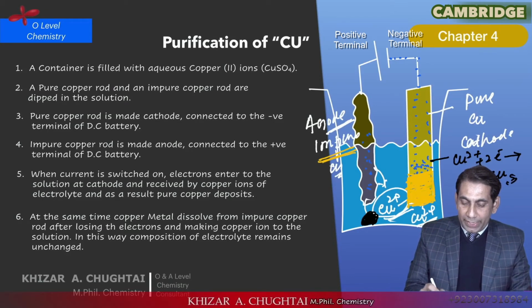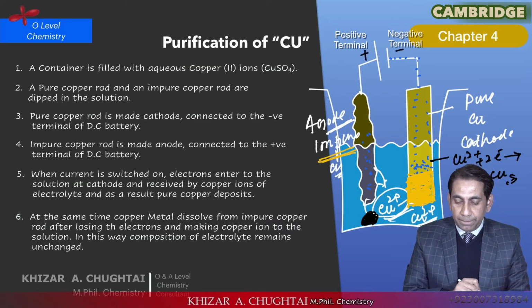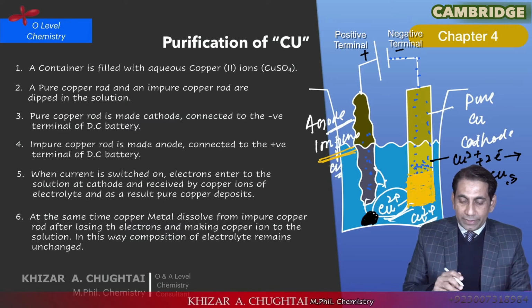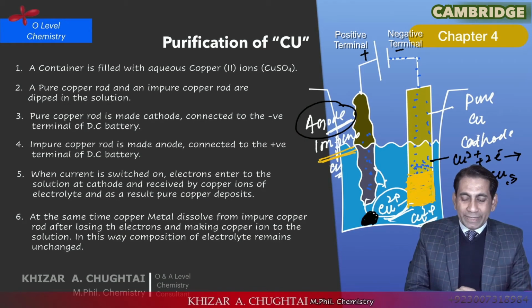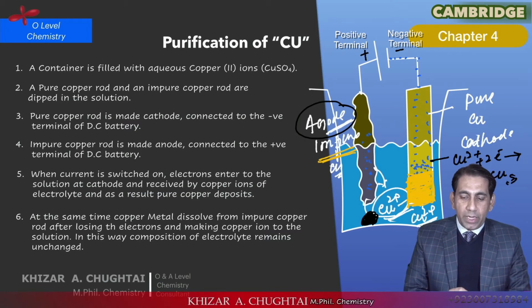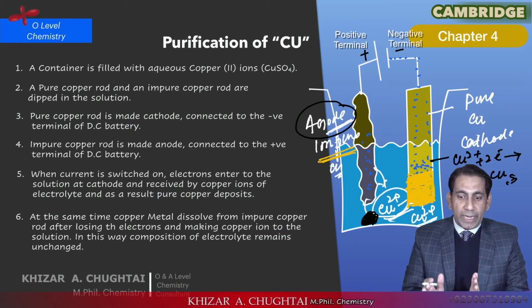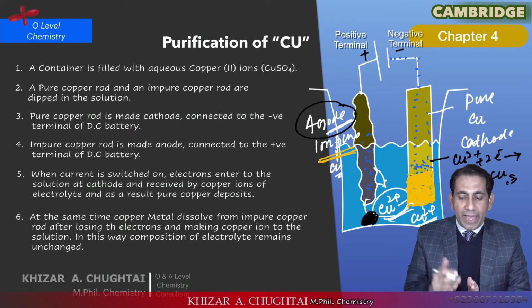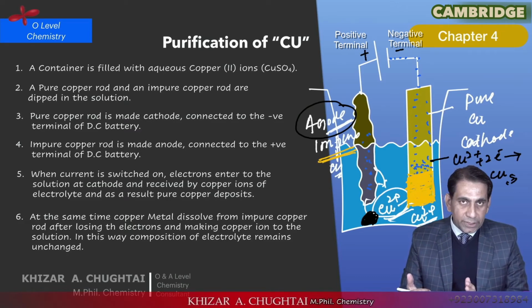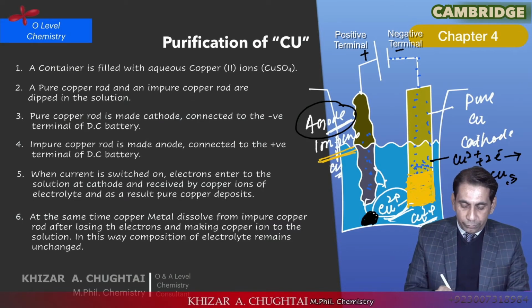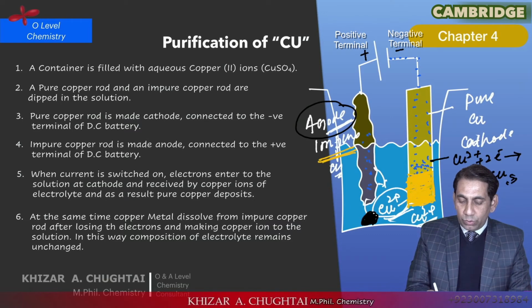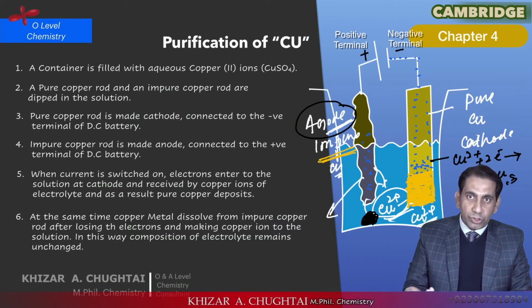And on the next terminal, the other one, that is the positive terminal, this is the negative terminal. On the positive terminal, which is said to be the anode, this anode is going to dissolve itself. In this case, this anode is not acting as an inert electrode. If the metal of the electrodes, especially the anode, and the metal of the ion present in the solution are the same, at that time the anode is not going to be an inert electrode. So this one is also going to dissolve into the water.